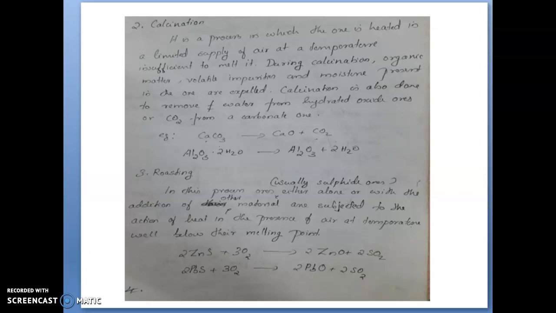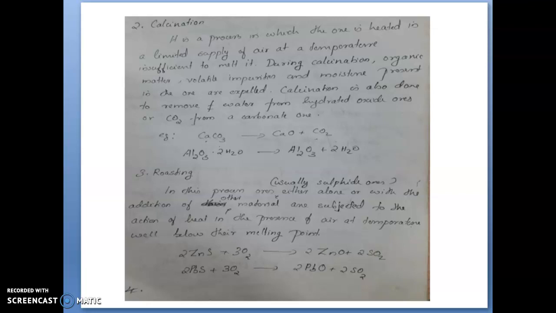And the next method is reduction to free metal. There are different methods available. The first method to be discussed is the reduction of metal oxides by carbon, which is also known as smelting. It is very important, so please note the term smelting. What is smelting? Metal oxides obtained during the roasting process are reduced to metal by heating with carbon at elevated temperature. Elevated temperature means more than 1000 degrees Celsius, and this is the smelting process.